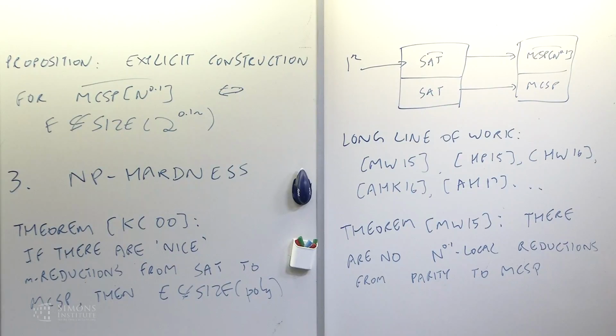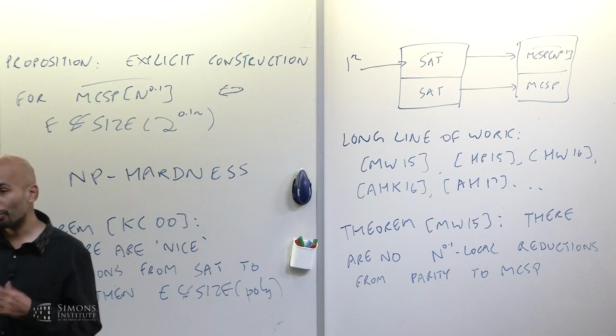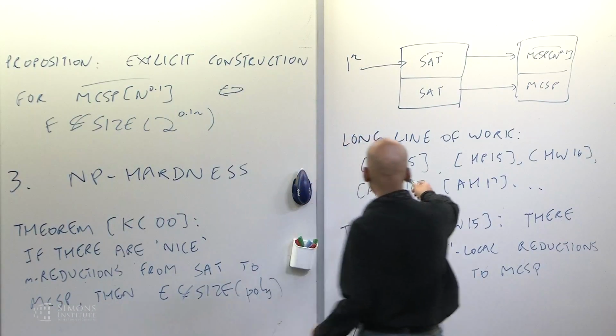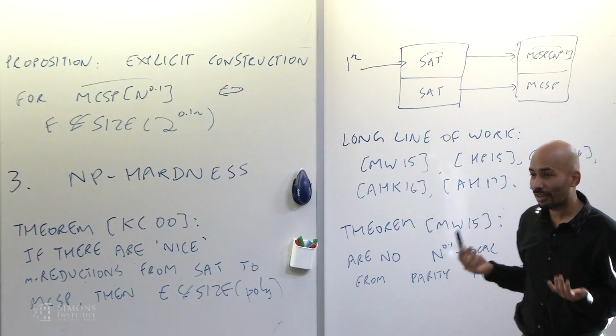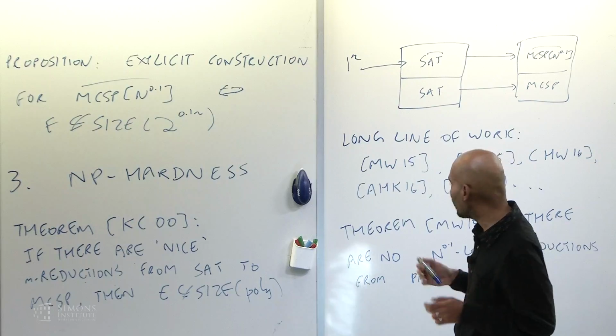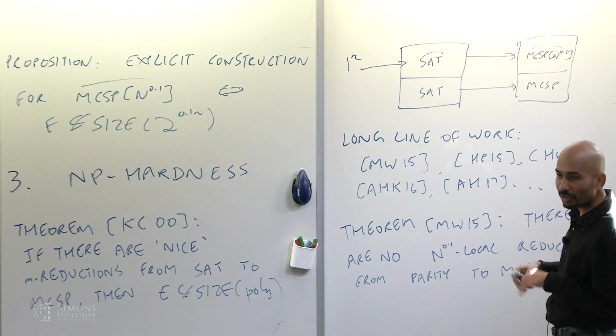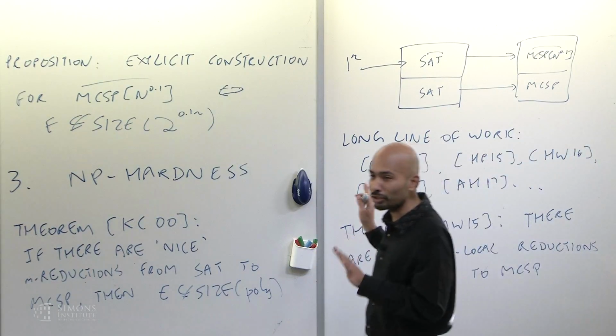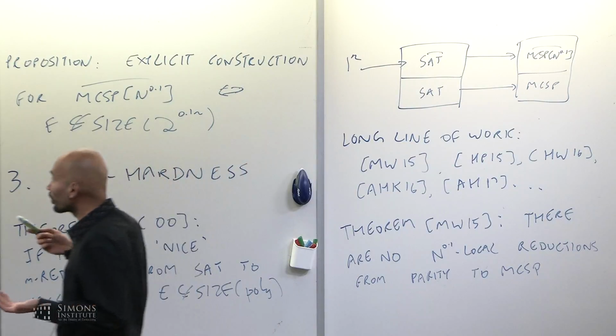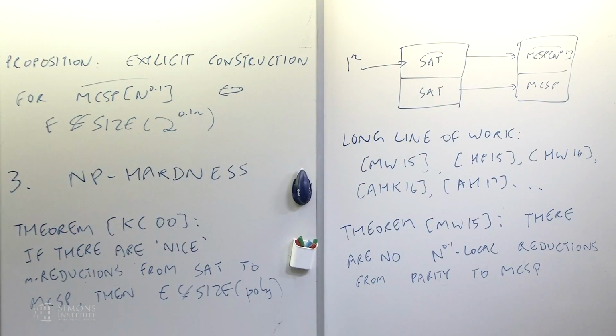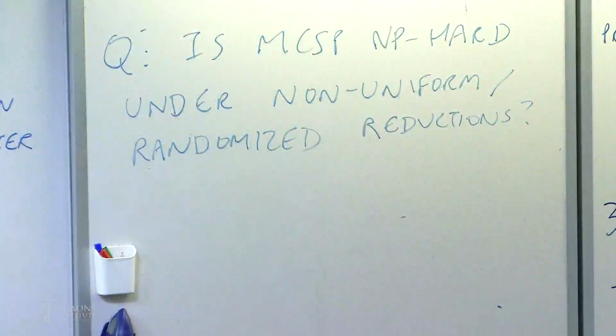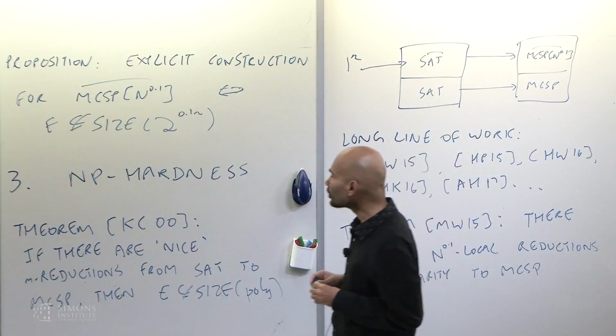Are you insisting on many-one reductions? No. Some of these negative results, the ones I mentioned, involve other notions of reductions, truth table reductions. I have some recent work with Mike Saks about Turing reductions. So there's a range of reductions that are considered. That's another possibility, of course, if you allow the use of Turing reductions, but there I don't really expect it to help you very much. I think non-uniformity and randomness is more what's likely to help.